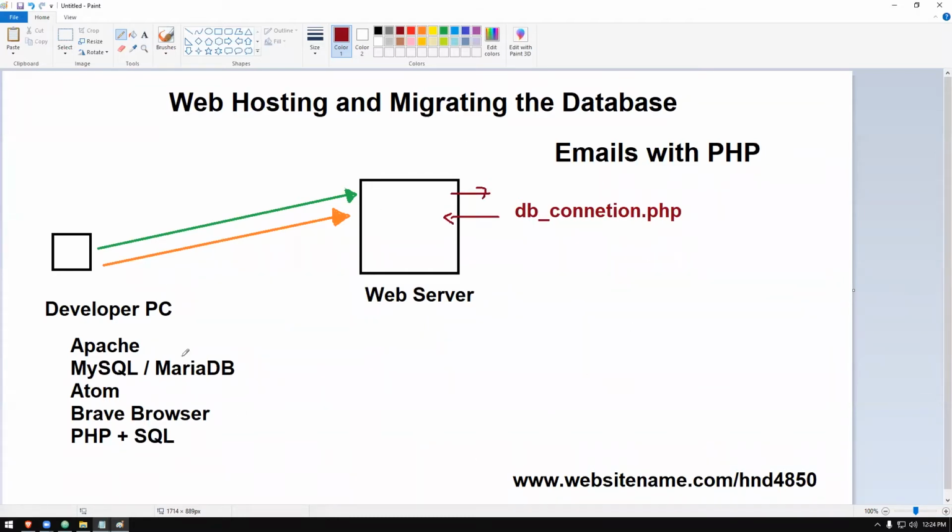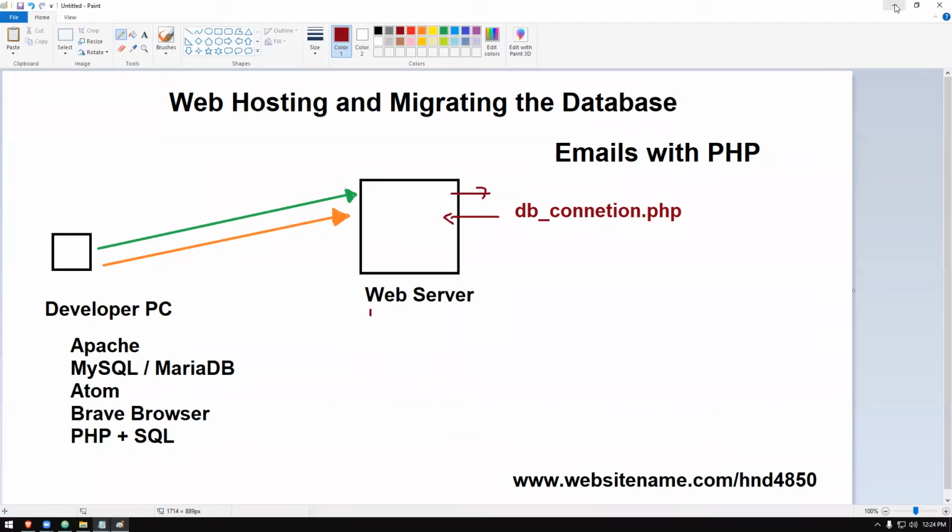This is just the overall idea, the overall plan of what we are going to do. This is one part. From there, I will stop the video recording. Then I will separately show you how to work with emails. So we will do it as two separate videos: web hosting as one part, emailing with PHP as another part, right? So two parts we will get recorded. Without further delay, let's get started then.